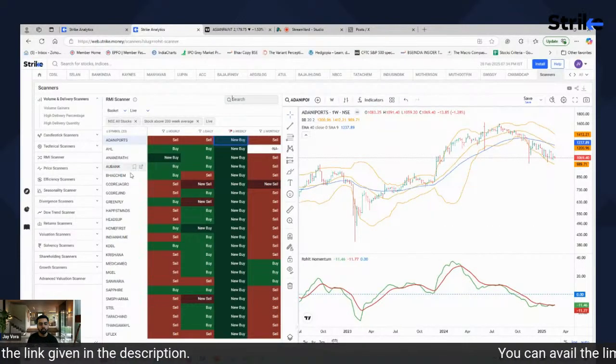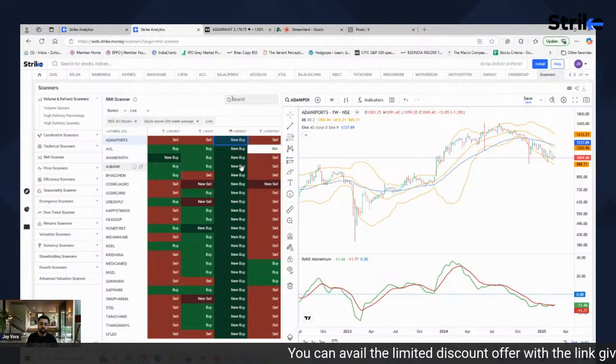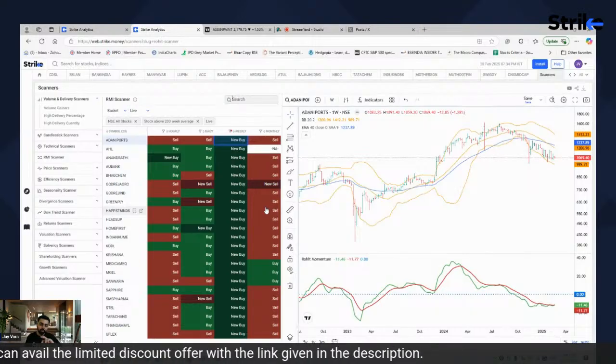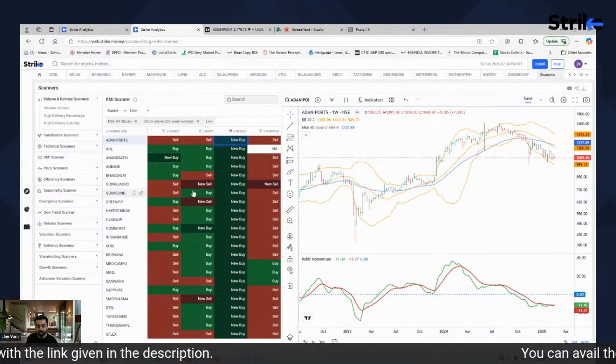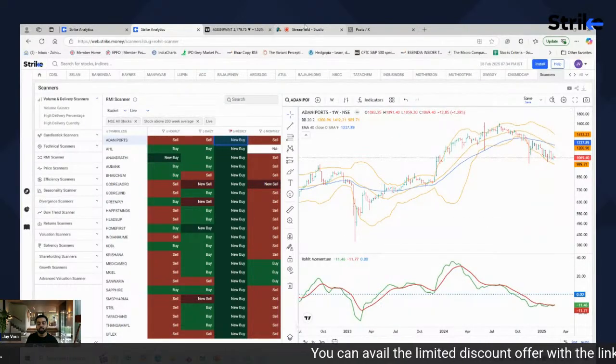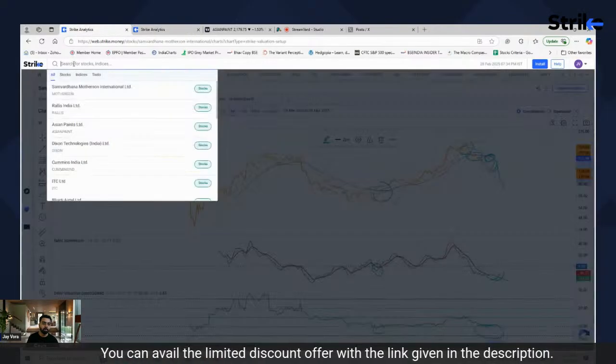You can make a watch list of this. आपने watch list बना दिया, then you start seeing कि कौन से stocks के valuation parameter favorable है, right? And you can work out the other way around till the time we don't have this advanced valuation scanner going live. So you can do it this way, but trust me, when you do this, you will avoid all the pitfalls.